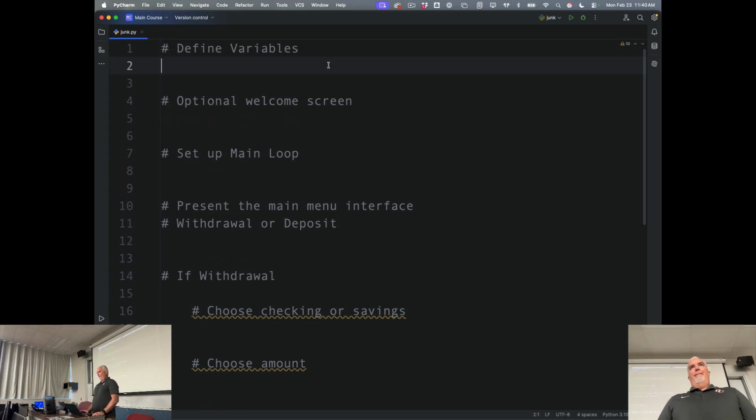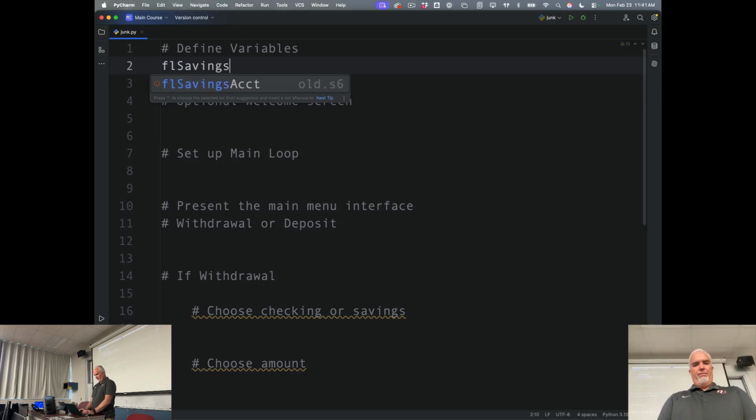So I'm going to code part of this for you. Not all of it, but part of it. First of all, defining the variables. I am going to use float variables for my accounts because everybody knows that you're not going to just be working in whole dollars. We're going to have dollars and cents, which is a decimal, which means I need a float. So I'll say float savings,